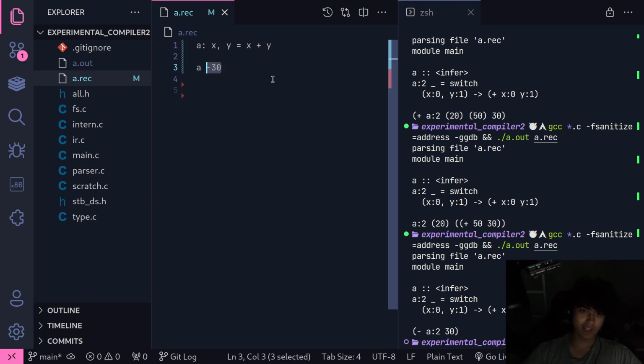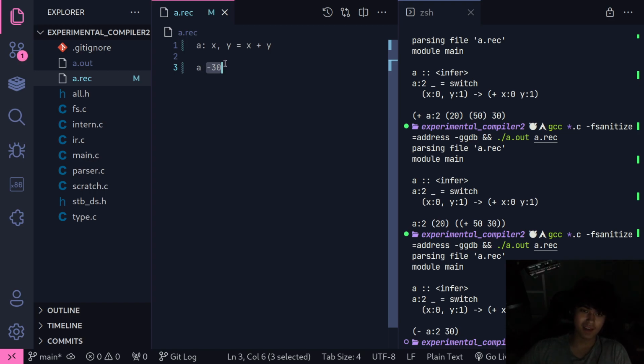In an imperative language, you'd usually see this syntax, where it's very explicit and you know exactly what's being called with the argument. But in a functional language, you don't. So the parser either sees a minus 30, or a called with negative 30.